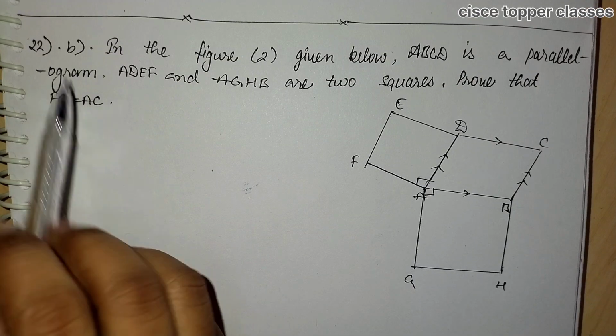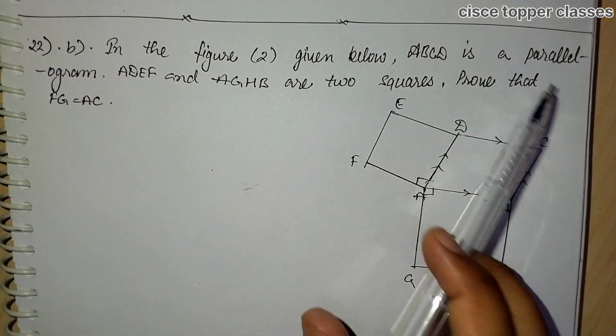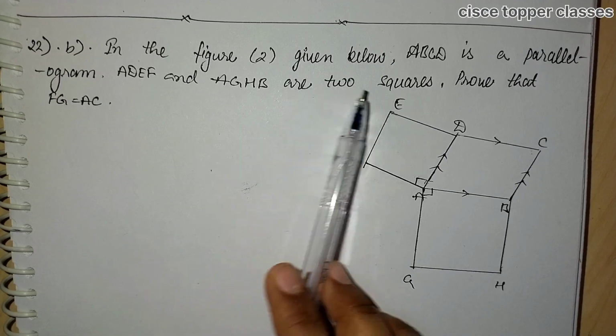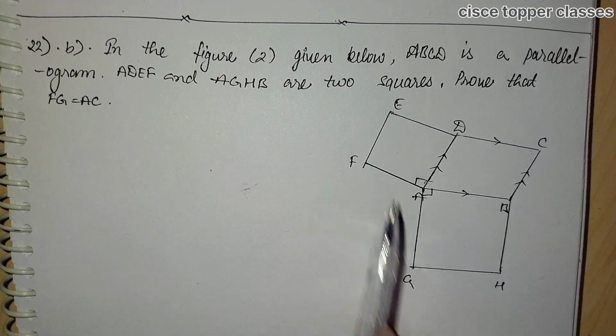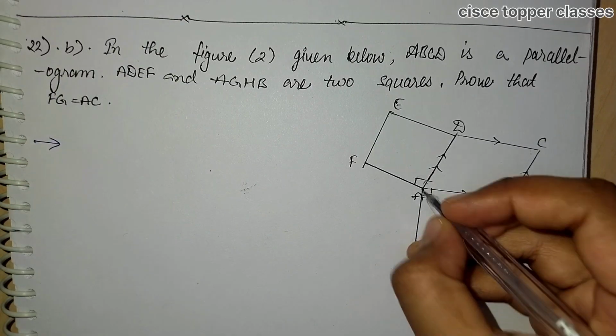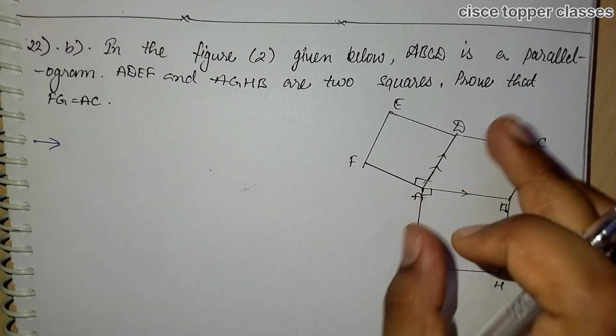Now let us solve question number 22. In the figure given below, ABCD is a parallelogram, ADEF and AGHB are two squares, then prove that FG is equal to AC. Firstly, as the sum of all the angles surrounding a point is 360 degrees,